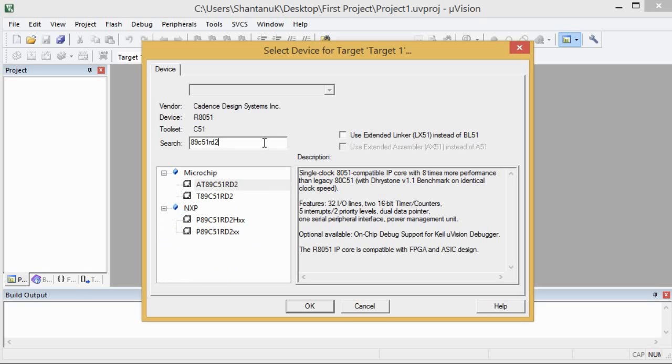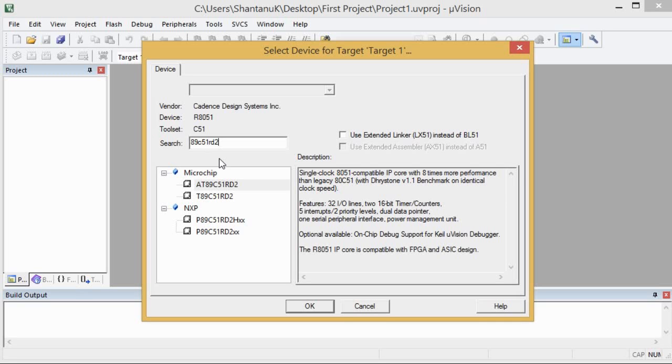89C51RD2. This 89C51RD2 is a derivative of 8051, because as we know 8051 is the basic microcontroller, and companies like Microchip and NXP, you can see here, offer more functionality integrated into the 8051 microcontroller.